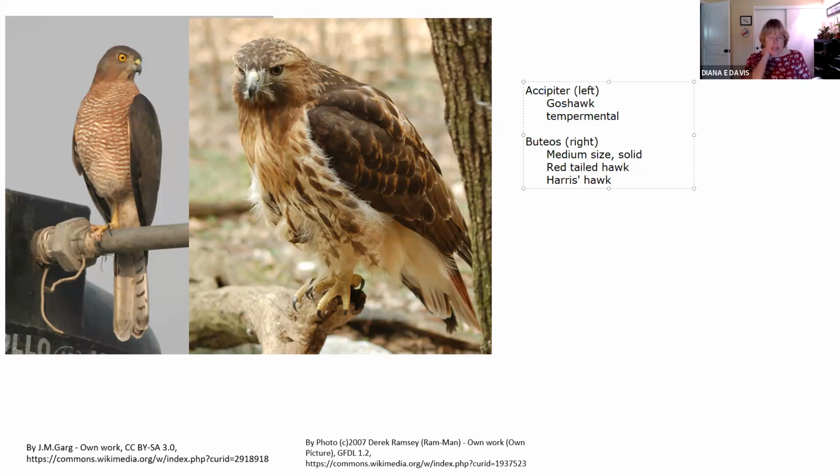I haven't worked with Harris's hawks, and I haven't done falconry, but red tails I've worked with in rehab, and they are easy to deal with, very easy to deal with. They're low stress, so that's good. They will take rabbits and squirrels,